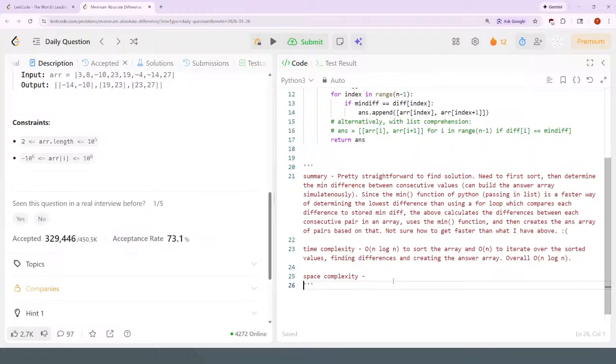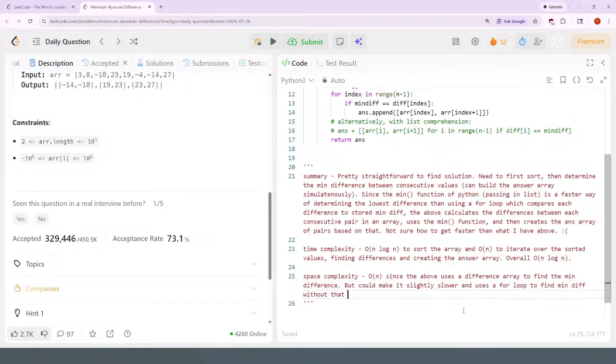Yeah. Space complexity, this is O of n, since the above uses a difference array to find the min difference, but could make it ever so slightly slower and use a for loop to find min difference without that array, in which case it would be O of 1. All right,